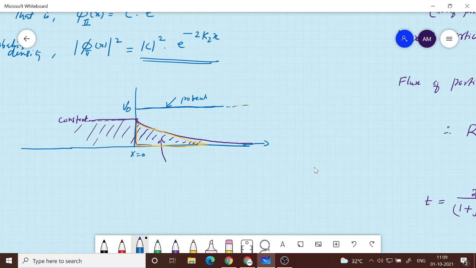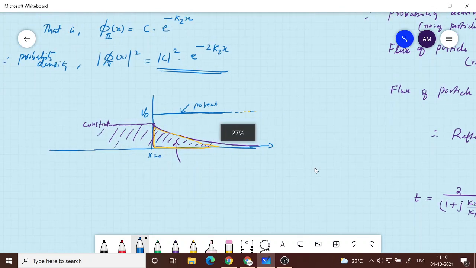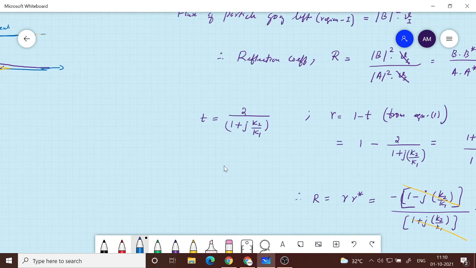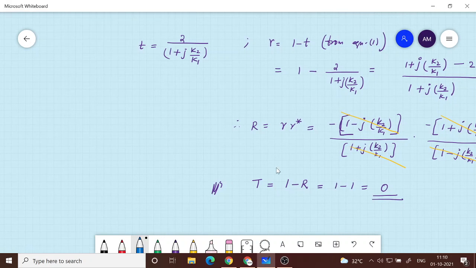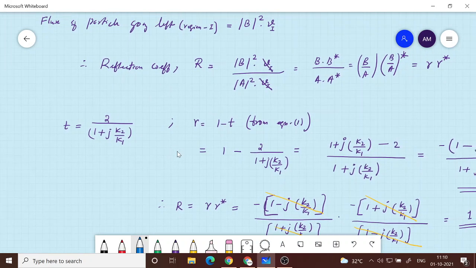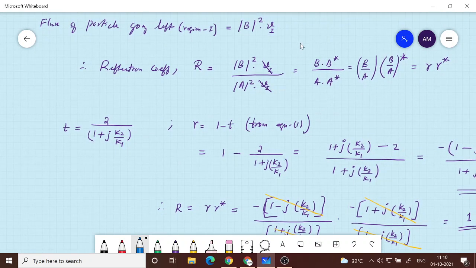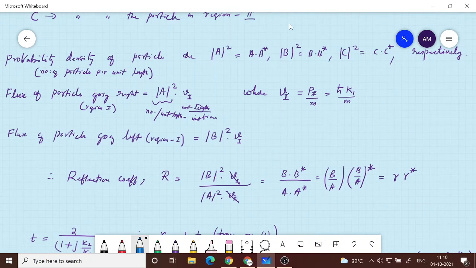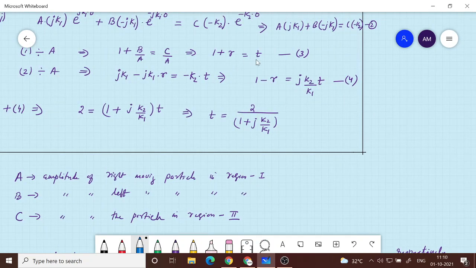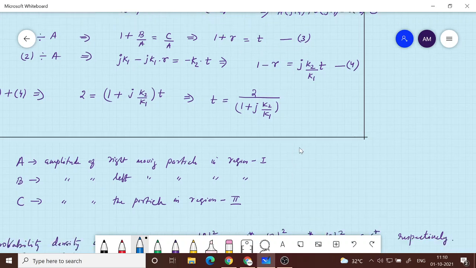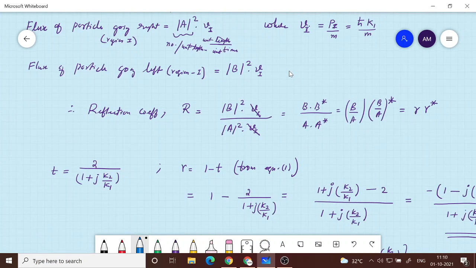Sir, in one of the parts you have taken 1 plus r equals t. Yes. Then there you have written r equals 1 minus t. That manipulation part I got a little confused. You are asking about this one? Above, yes sir, the small r. This small r is basically equation 1 rewritten. Equation 1 we got after applying the boundary condition: 1 plus r equals t. Sorry, equation 3 it was. Okay, so I should write it as equation 3. So from equation 3,